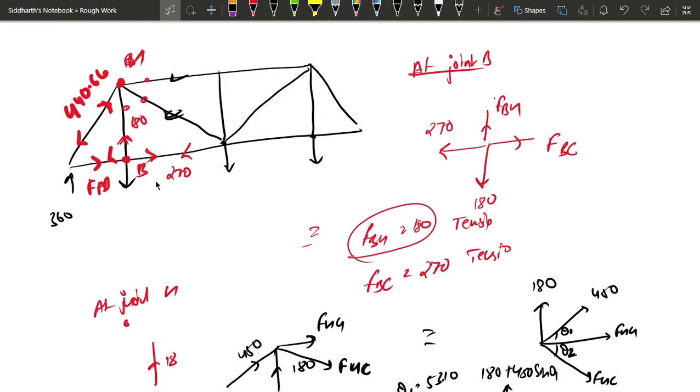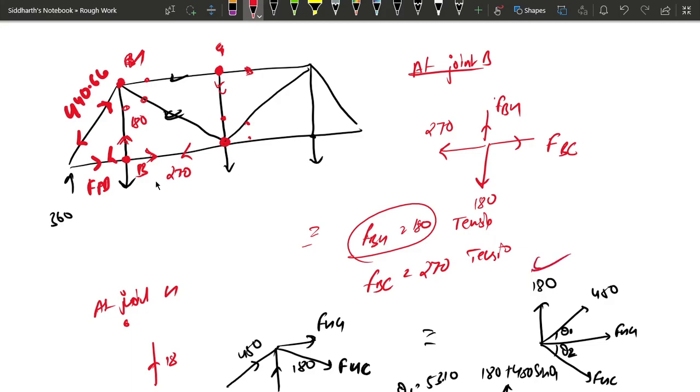Now we can either choose this one, this joint, or this one. If we choose this, we will have 1 2 3 unknowns. If we choose this, we will have only 2 unknowns. So we will be choosing joint G. Then after solving this, we will be knowing this and this. Then we can solve this joint